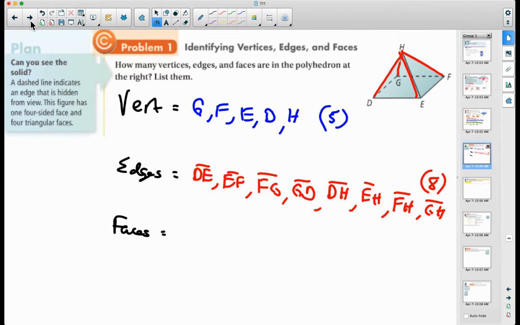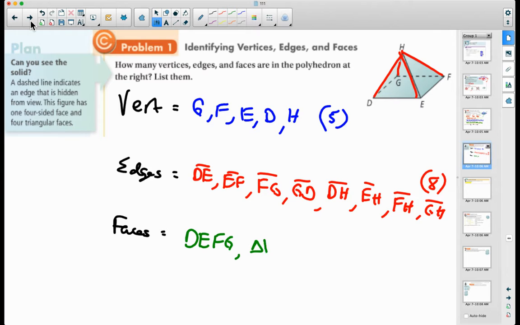Okay, all right, and then faces. How many faces do we have? All right, well, we have the rectangle. It kind of looks like a square. All right, it could be. All right, a square pyramid. Usually we have to define it or know it's a square. All right, so I have DEFG, that quadrilateral,